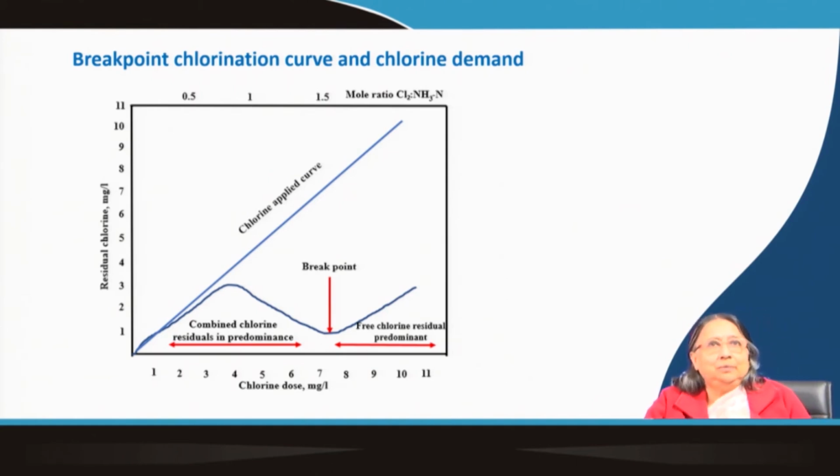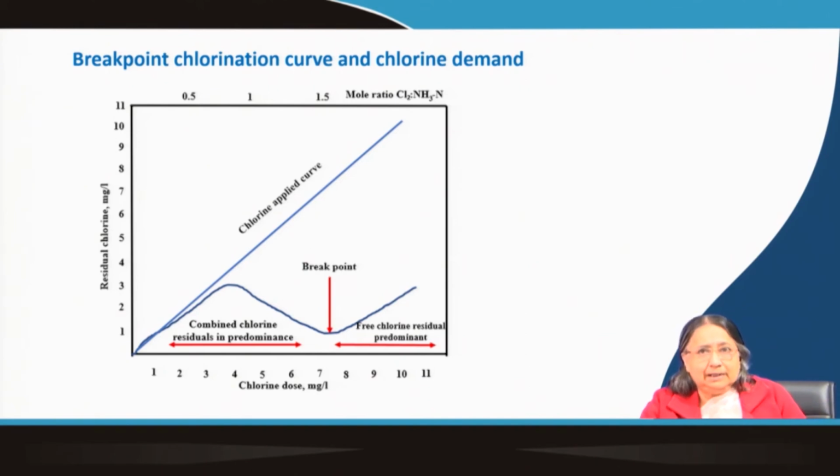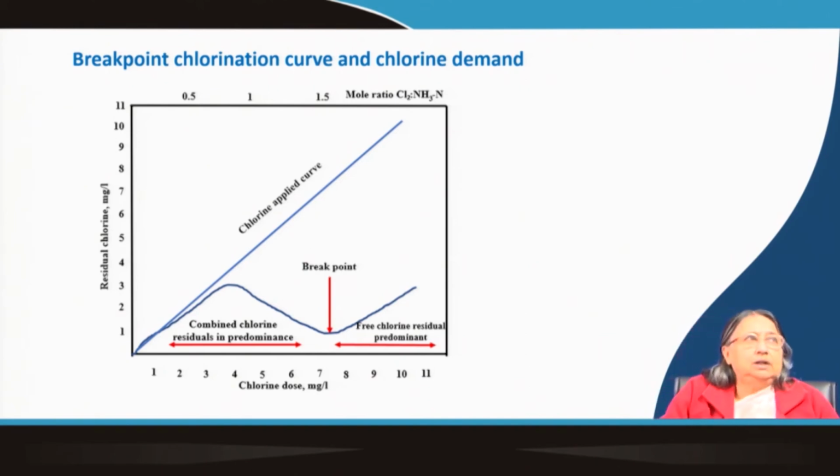So, this is the breakpoint chlorination curve and chlorine demand. We have to know this, then we can apply the proper dose. What are the different types of chlorine we can use? We can use chlorine gas, chlorine water, hypochlorite, bleaching powder, also hypochlorite, CaOCl2. So, this is also a source of hypochlorite. All those things we can apply, but how much dose we should apply, that we have to know,